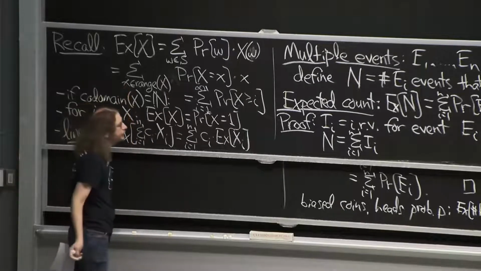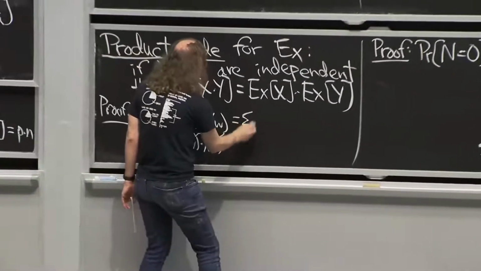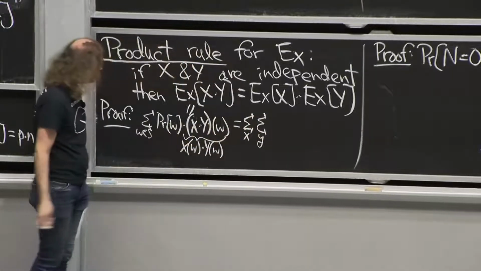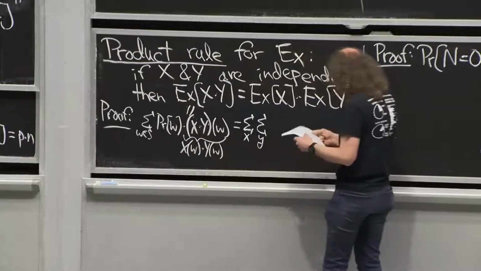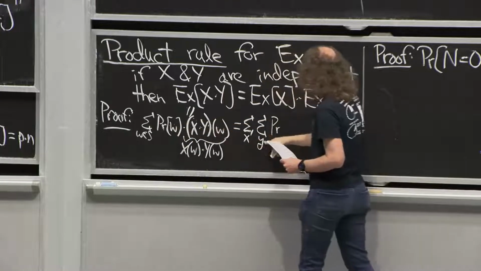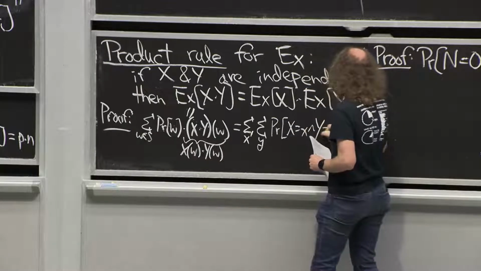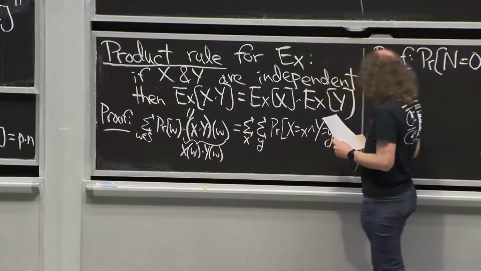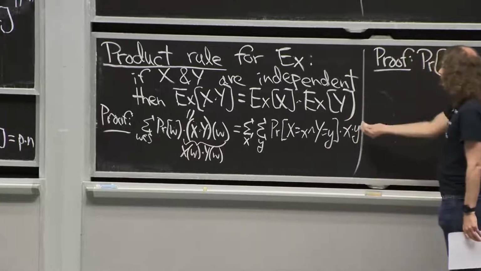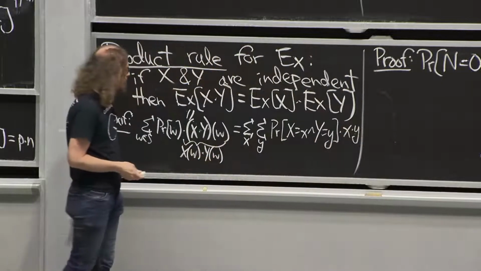Just like with this formula, we can rearrange the terms in that sum to where here it was by X value, but we could do it by X and Y value. So we could rewrite this as a sum over X and a sum over Y. In other words, a sum over pairs X, Y of this thing. But now there are a bunch of probabilities of outcomes that have the same X and Y. So we're just going to write the probability that X equals little x and big Y equals little y, and multiply that by x times y. OK, that's rearranging terms with the same X and Y value, like we did last class.